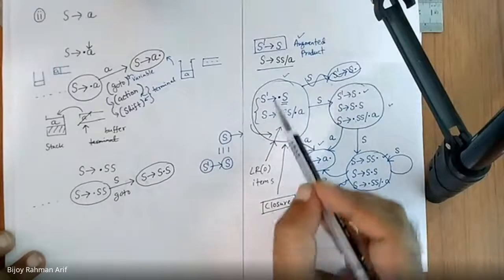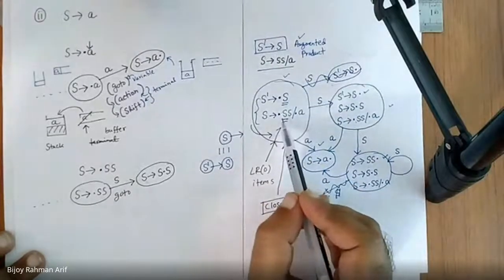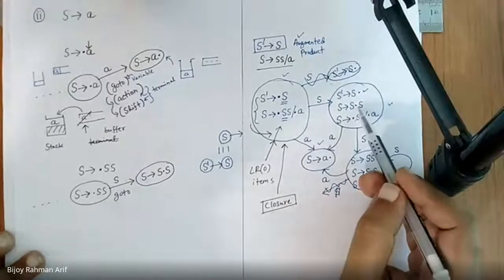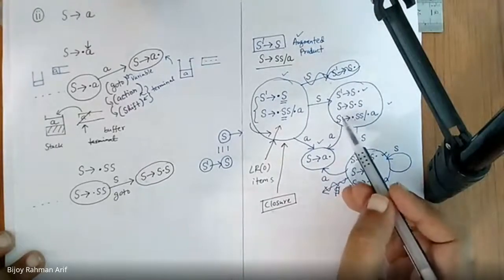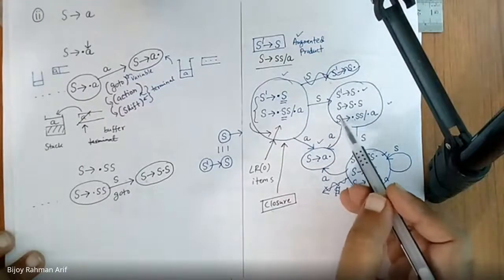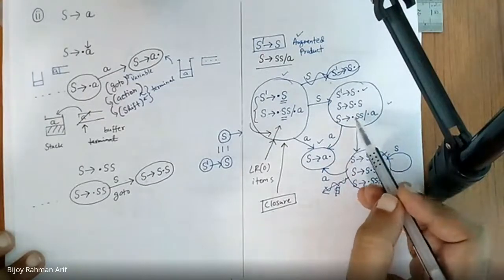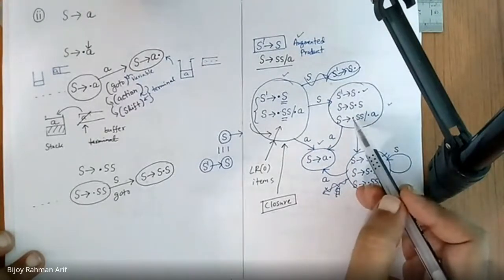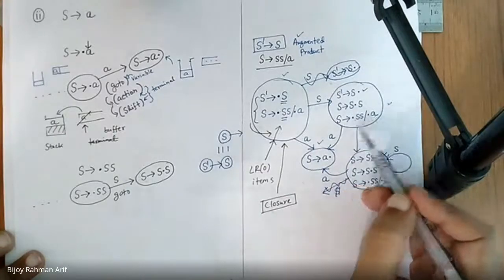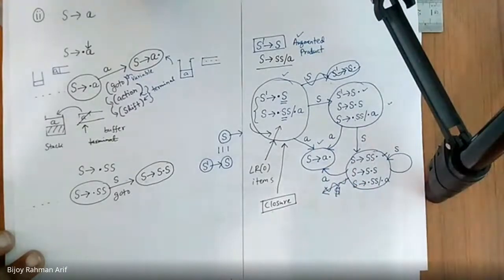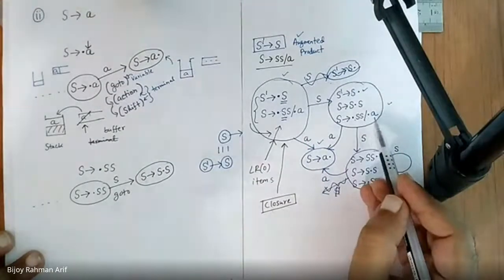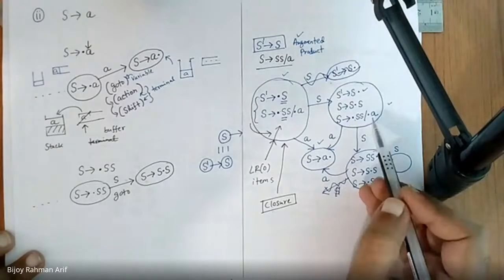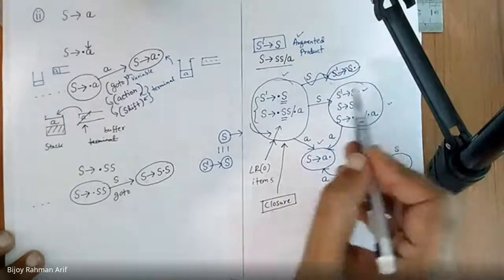Then again, if you move S over here, you have to move S over here also. So S derives S closure S. Then what is just after the closure operator? There is a capital S. So you have to add again all the productions that start with S. So S derives closure double S or closure A. What is just after this closure? Capital S, but this production is already included, so I do not need to include it again. What is just after this closure? Small a, which is a terminal. No terminal can start a production in a context-free grammar, so we have to stop. So this again becomes a closure.